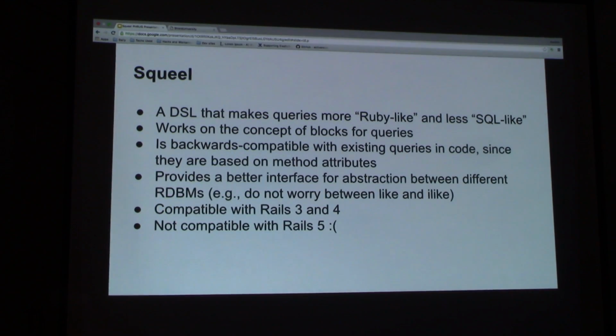So Squeel is more of like a DSL that makes queries more Ruby-like. So think of it as you're trying to map out your SQL statements into methods, or into operators, or into predicates. So it works in the concept of blocks. So for example, if we go back,